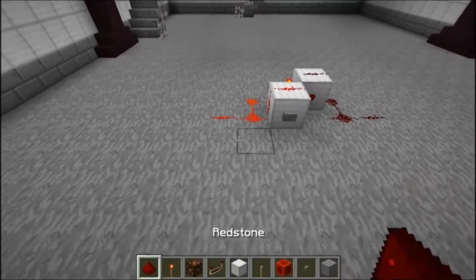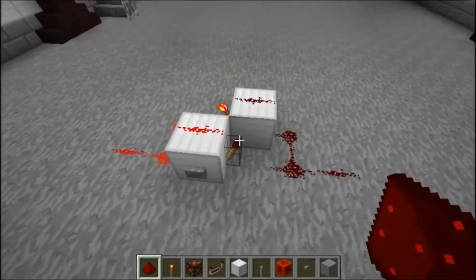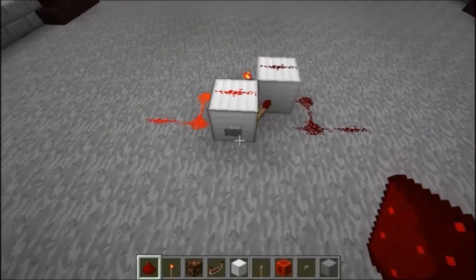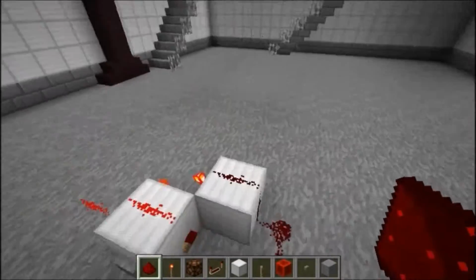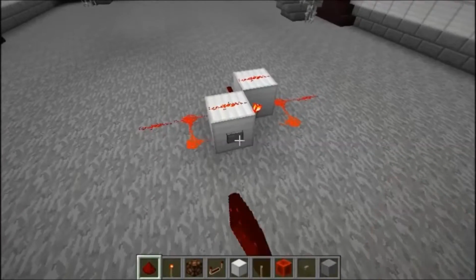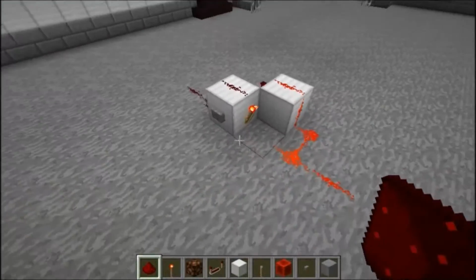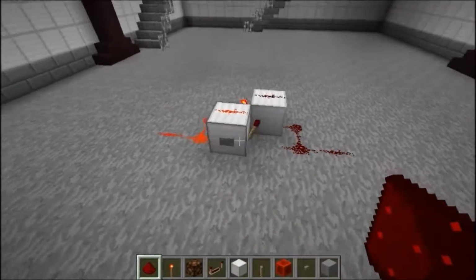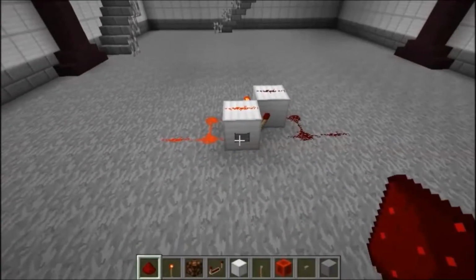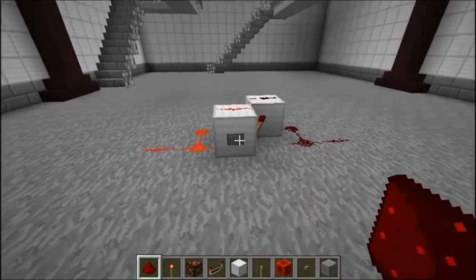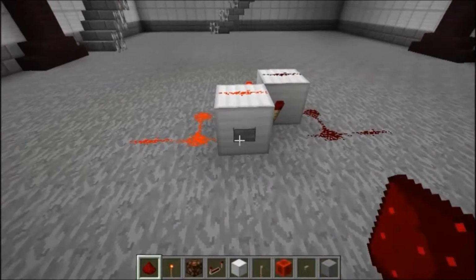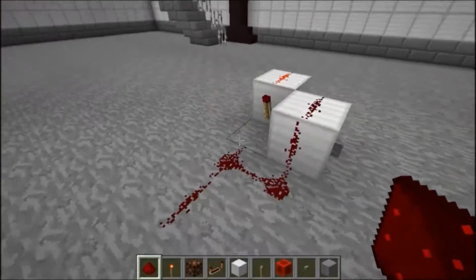Remember that, this is not a T flip-flop because this has 2 inputs. The T flip-flop had 1 input. This is an RS Nor Latch. That stands for Reset Set Nor Latch. You can see it flips state just like the T flip-flop, but with this one you cannot change it back from this side. It's basically a one-use thing because you can't use it again unless you have this other input